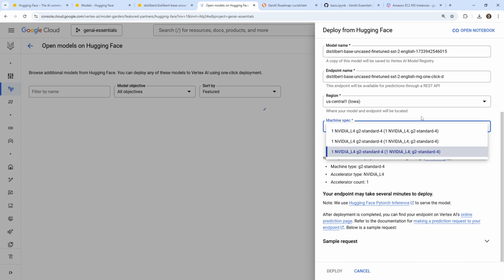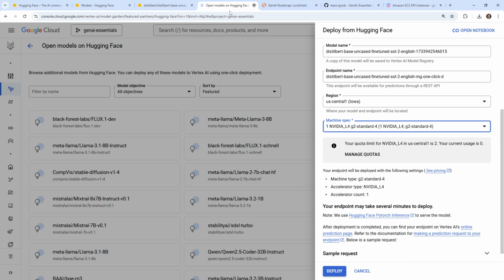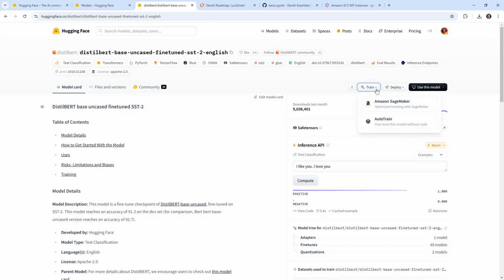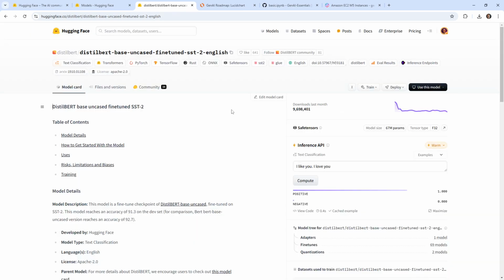And we have a certain amount that we could deploy. So this is something that we could deploy this way. So it's like single click deploy, which is really, really nice. Sometimes it works, sometimes it doesn't. Obviously training, but if we look at transformers, that might be another way that we could utilize it. But anyway,